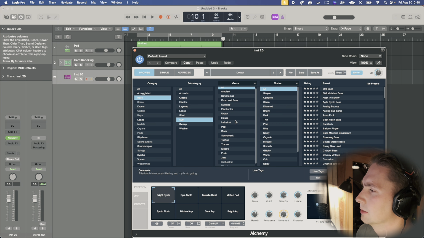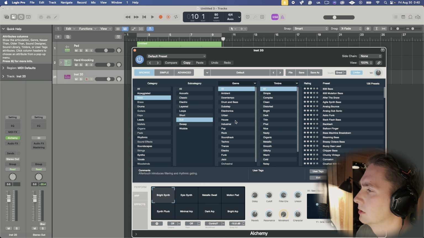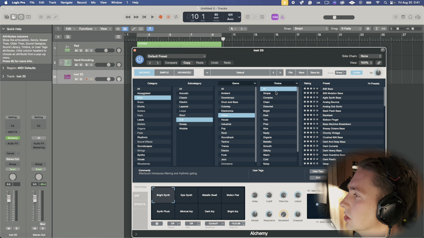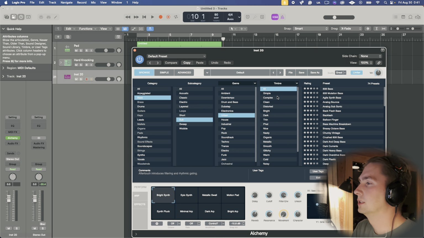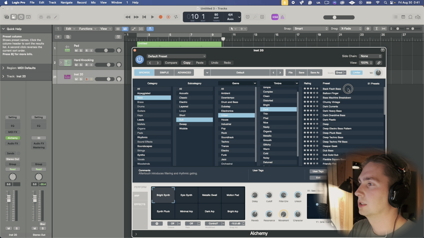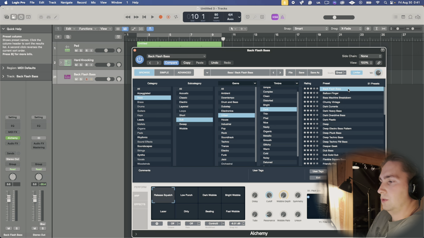And because I'm feeling something more kind of trap, maybe urban. And timbre. Or is that timbre? Is it timbre or timbre? Let me know in the comments. Simple, complex, clean, bright. I want something dark. Let's see what we get here.